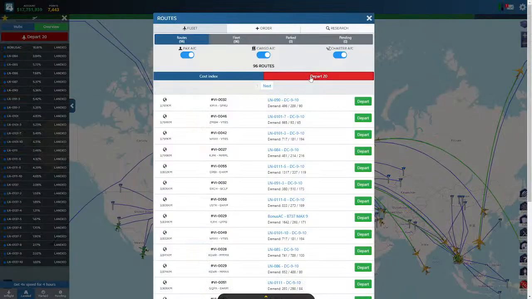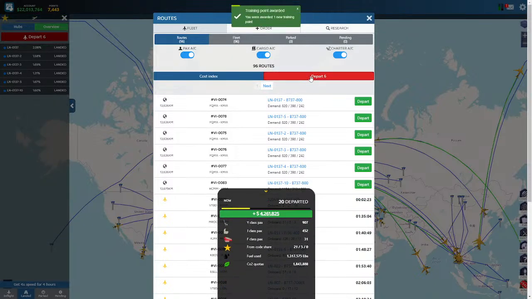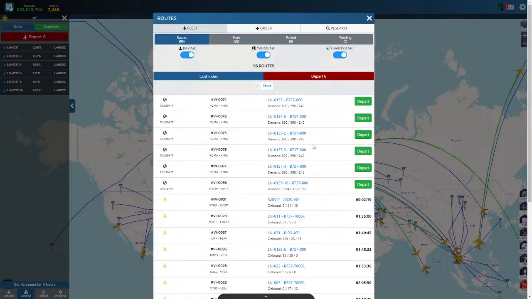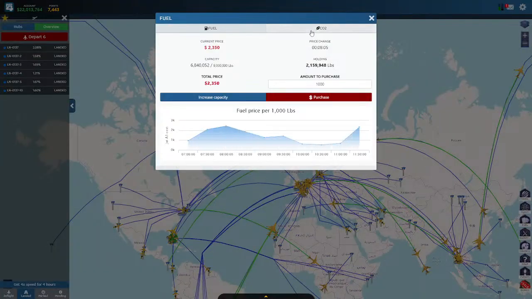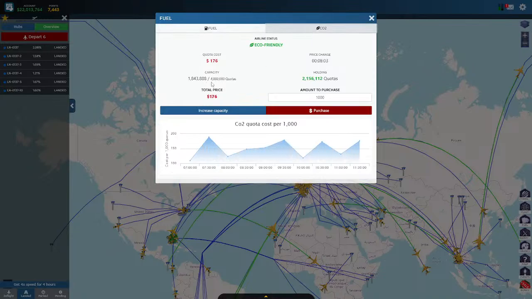If I am going to take advantage of the eco-friendly campaign here, I have to be eco-friendly. That's 10%. So I depart 20 more and I get only 4 million this time. That's smaller planes. And I can probably depart these as well. But these are bigger planes. So let's check. It's the bigger planes that use a lot of, well, let me just pay it. I don't think it's going to use it up, but just to make sure.